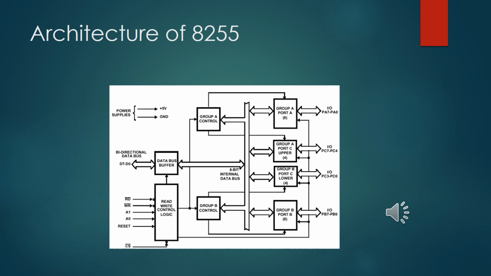Thus, one may have either three 8-bit input output ports or two 8-bit and two 4-bit ports from 8255. All of these ports can function independently either as input or as output ports. This can be achieved by programming the bits of an internal register of 8255 called the control word register. This buffer receives or transmits the data upon the execution of input or output instruction by the microprocessor. The control words or status information is also transferred through the buffer.